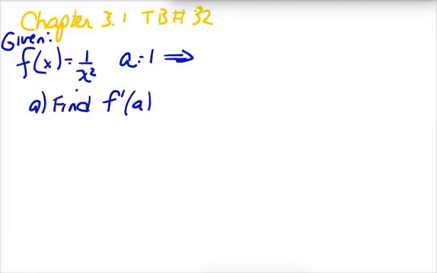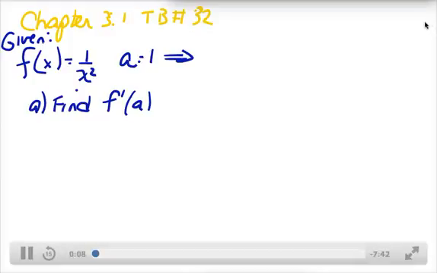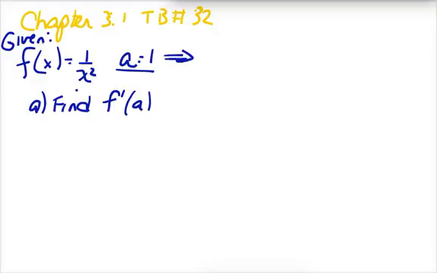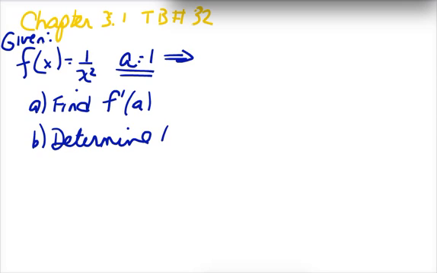Wanted to send out another example from chapter 3.1. This is textbook number 32. You're given the following function and the value for a, which is equal to 1, and then you're asked two questions. One is just to find the derivative at a, and then the second thing is to determine the equation